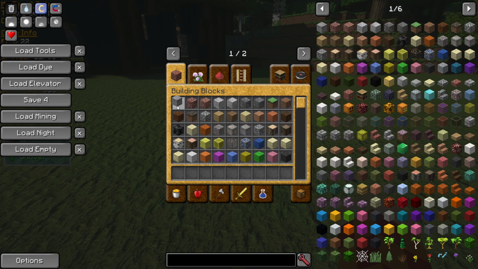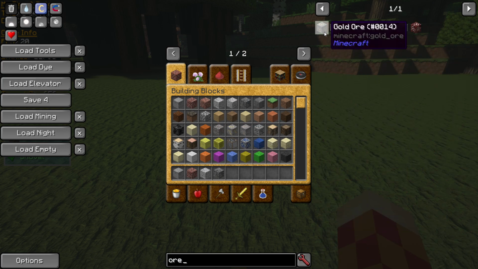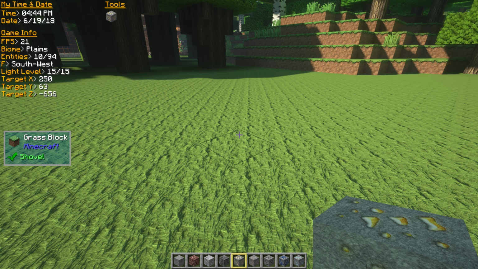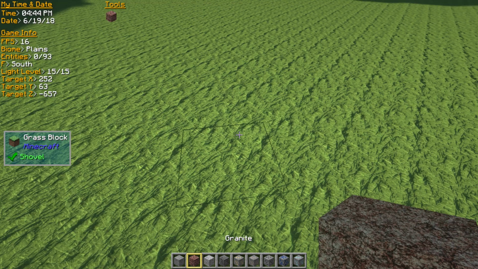And if I take stone, some granite, diorite, andesite, and let's see if we have some ore. Let's take some ore and just place down, for example,